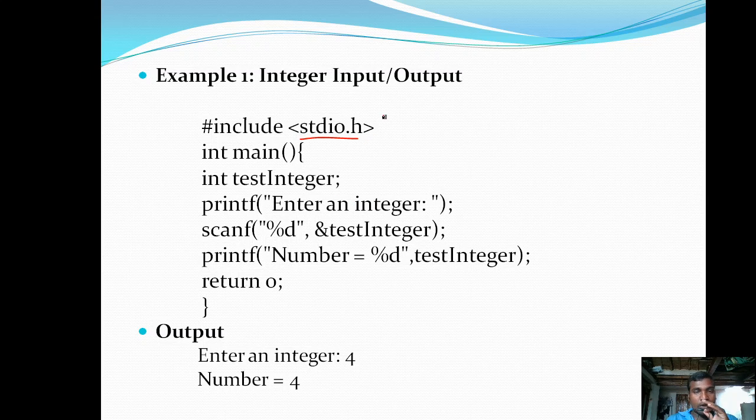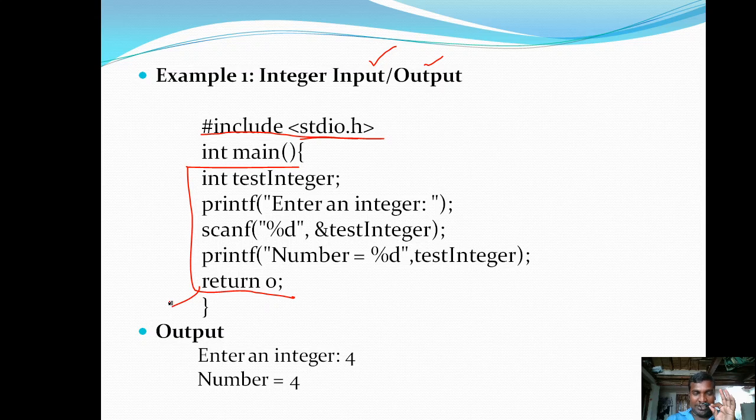It contains all the predefined functions related to output as well as input. That's why I am including the hash include stdio.h header file at the beginning and declaring the main function. Inside the main I am writing these statements.